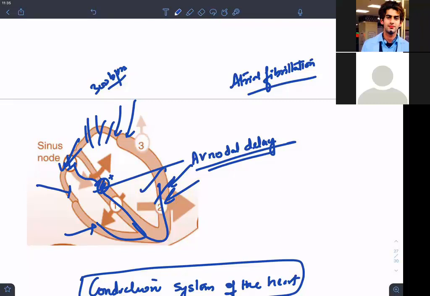Why don't you want that, by the way? It was good for you that it was beating at 300 beats per minute, and it could have given you a very nice cardiac output. Why is it not giving? Why don't you want the ventricles to beat at 300 beats per minute?